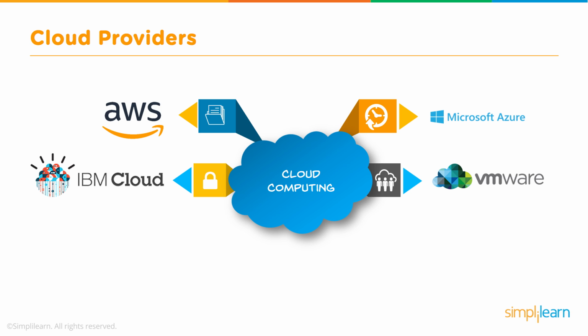It was the first commercially successful company to virtualize the x86 architecture. Google Cloud Platform, on the other hand, is offered by Google. It's a suite of cloud computing services that run on the same infrastructure that Google uses internally for its end user products, such as Google Search and YouTube, which we are familiar with. Alongside a set of managed tools, it also provides cloud services including computing services, data storage services, data analytics, and